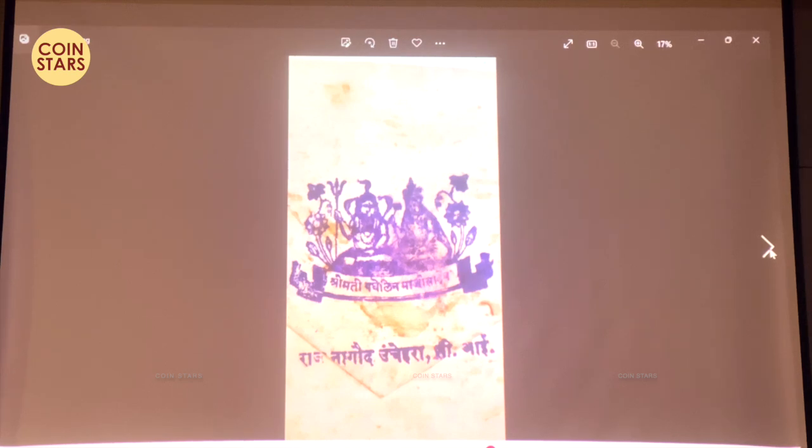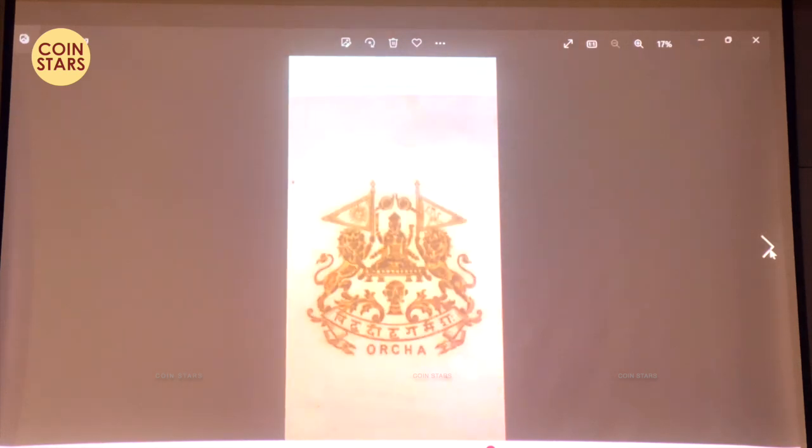Let's move ahead. Next, Orcha. This is a beautiful monogram. Lions holding the shield, and Mataji here sitting in the middle. On one side there is Hanuman ji, on the other side there is the sun. These are all in gold ink. Next,